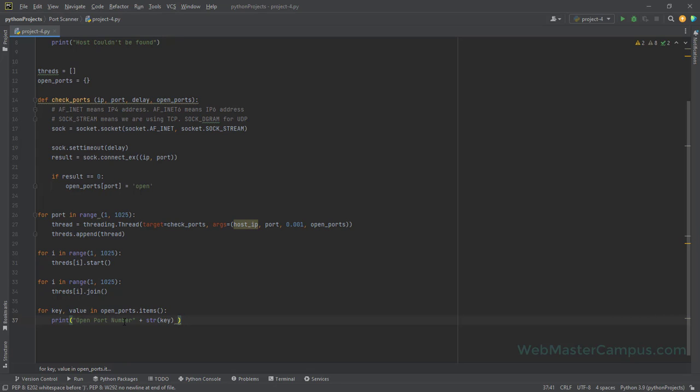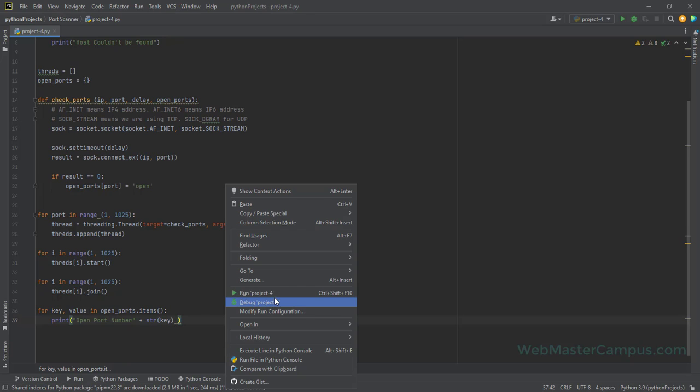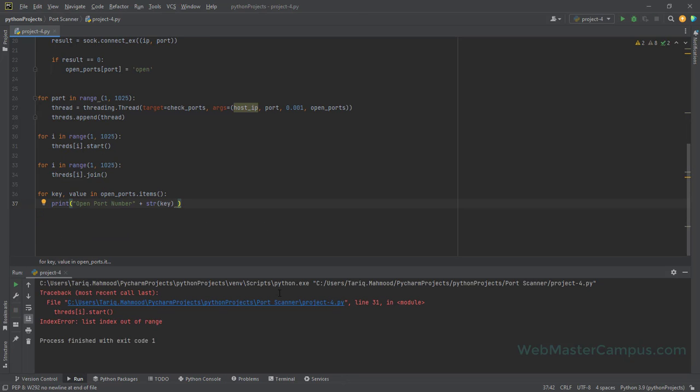So this will just display the open port values of our program, and I am now going to execute it. Let's see what it's going to do. It is saying that the index is out of range. Why is it giving the error? Because we are appending the individual threads into threads, and it is going to start from the 0 location. So what we are doing wrong over here? Instead of writing this, we should access 0 to 1024